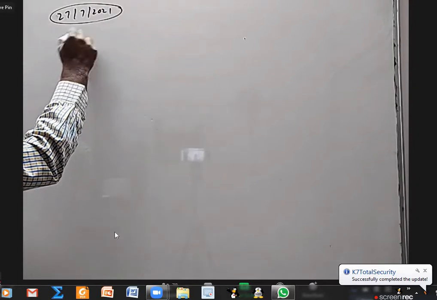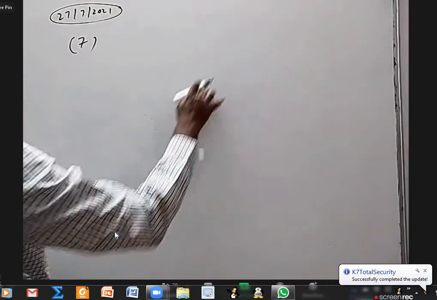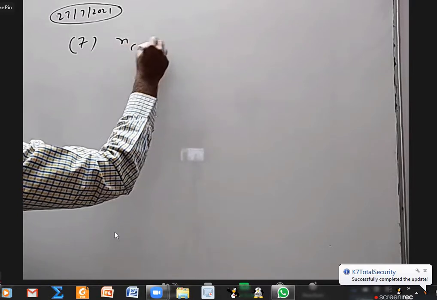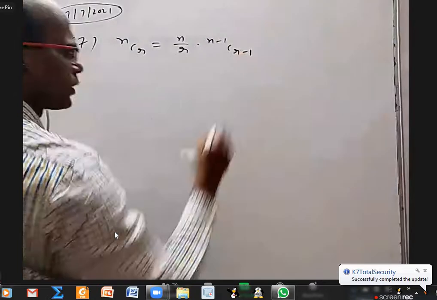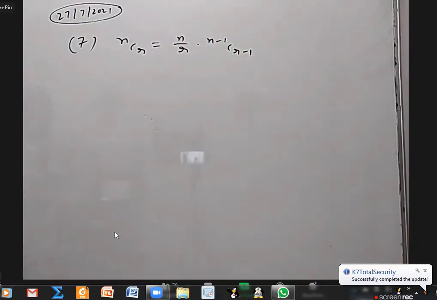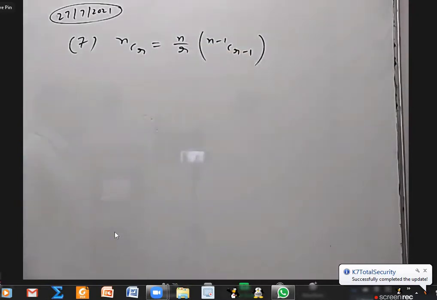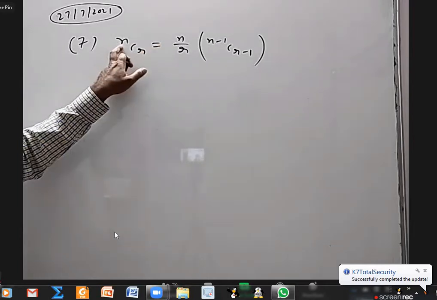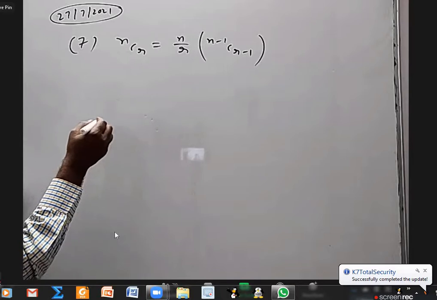This is the 7th point, I think. We are going to use this formula quite repeatedly, especially in the binomial theorem chapter. We may not use it in permutation and combinations. nCr is equal to n by r into (n minus 1)C(r minus 1). So whenever you have nCr, you can take this number by this number into 1 less than this, 1 less than this. How to prove it is quite simple.